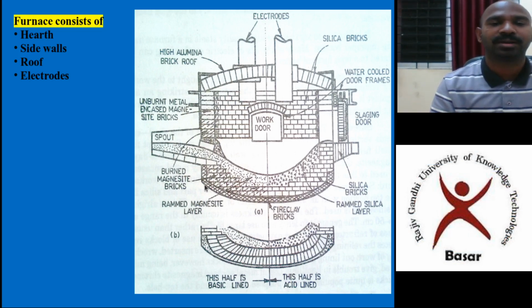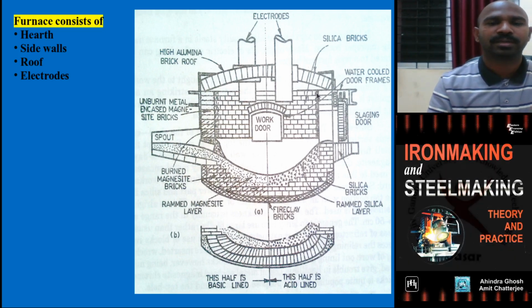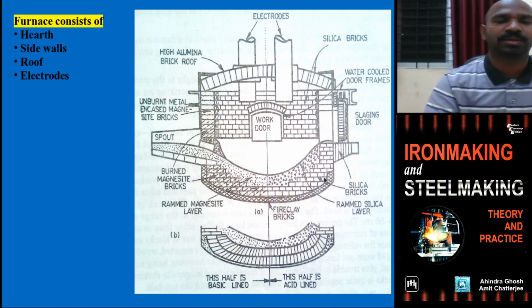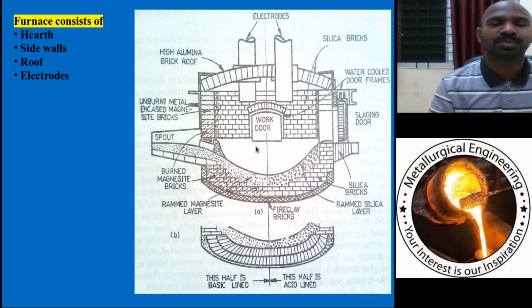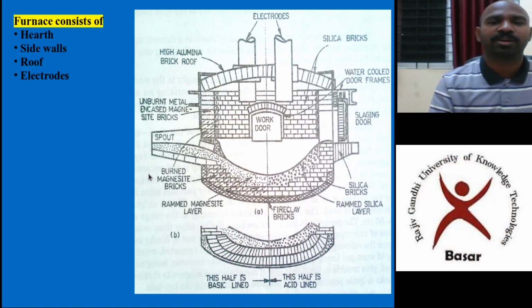And refractory lining also. Half of the refractory lining you can use acidic, half of it basic refractory lining, for producing the alloy steels. That is also possible. This is adjustable for various environments. That is why most of the private industries prefer to use the electric arc furnace instead of the blast furnace and LD converter process. They use the electric arc furnace and they produce the sponge iron. So that is the usual practice found in many of the industries.